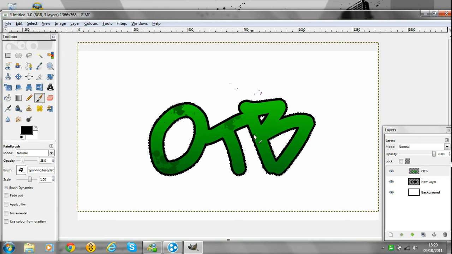So you just want to click around a few times, just like so. And if you want to get to these little bits in here, you can just shrink it and just do just like so. So once you've got this done,